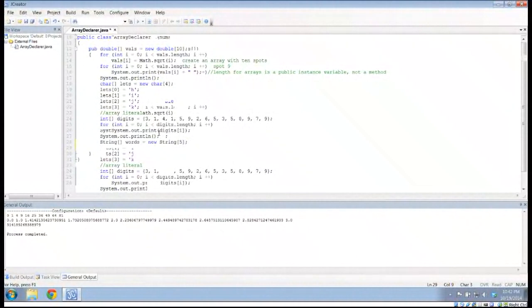So I can do for int I gets 0, I less than words, I plus plus, and I can do the prompting like we've done before. So I'll go ahead and on the line above I'll do scanner in gets new scanner system.in, and